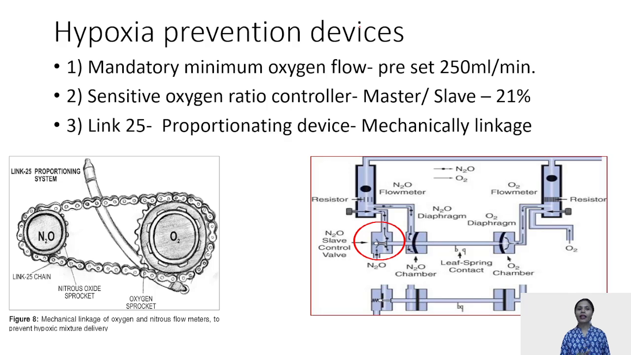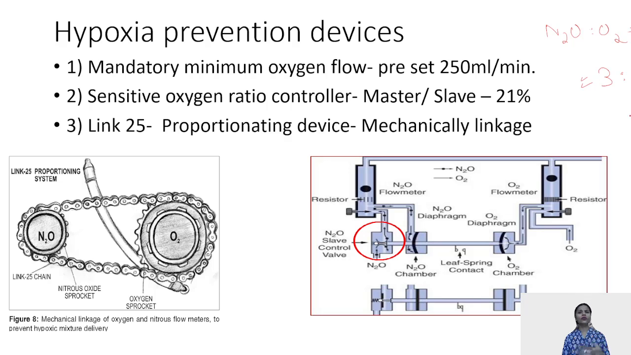Done. Second, we have a sensitive oxygen ratio controller. As I told you about the master-slave mechanism, it is similar to that. Oxygen ratio is getting controlled. You have to control the ratio between oxygen and nitrous. Nitrous to oxygen is generally delivered in the ratio of 3 is to 1. You can have 3 parts of nitrous with 1 part of oxygen being delivered because the